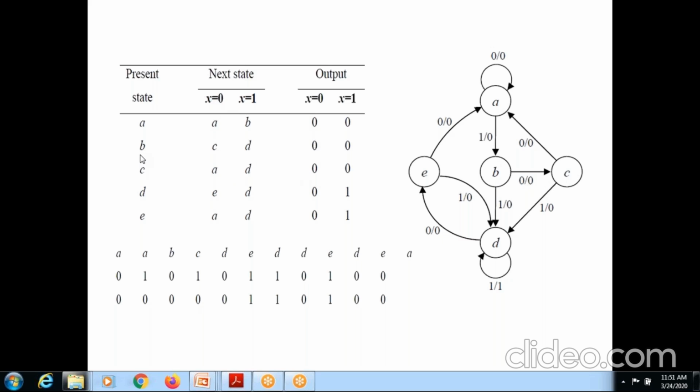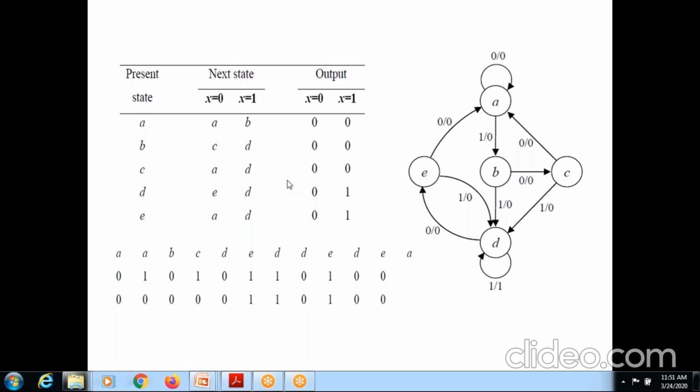Now for the state B, if I'm giving the input as 1, it is going to the next state D. So now if you see, B with input 1, it is going to the next state D and it is producing the output 0. So it is 0. So hereafter, if you compare, there are no equivalent states. Therefore, I'm just stopping the diagram and also the state table.